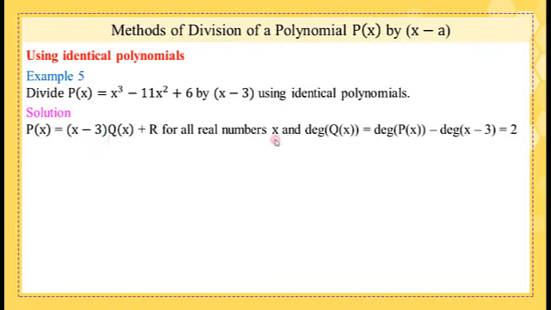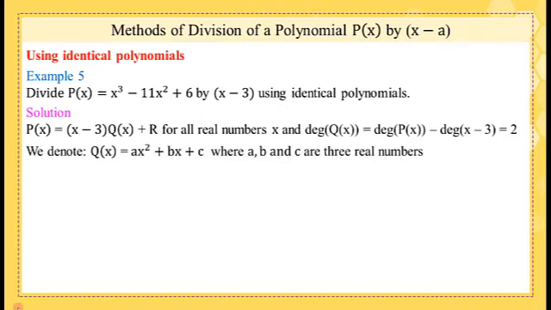all real numbers x, and you know that degree of q of x equal degree of p of x minus degree of x minus 3. And we have here degree of p of x equal 3 minus degree of x minus 3, which is equal to 1. So degree of q of x equal 3 minus 1 equal 2. We denote that q of x equal ax squared plus bx plus c, where a, b, and c are 3